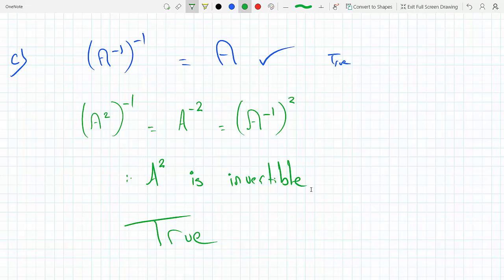That means that the determinant's not going to be 0 if the determinant